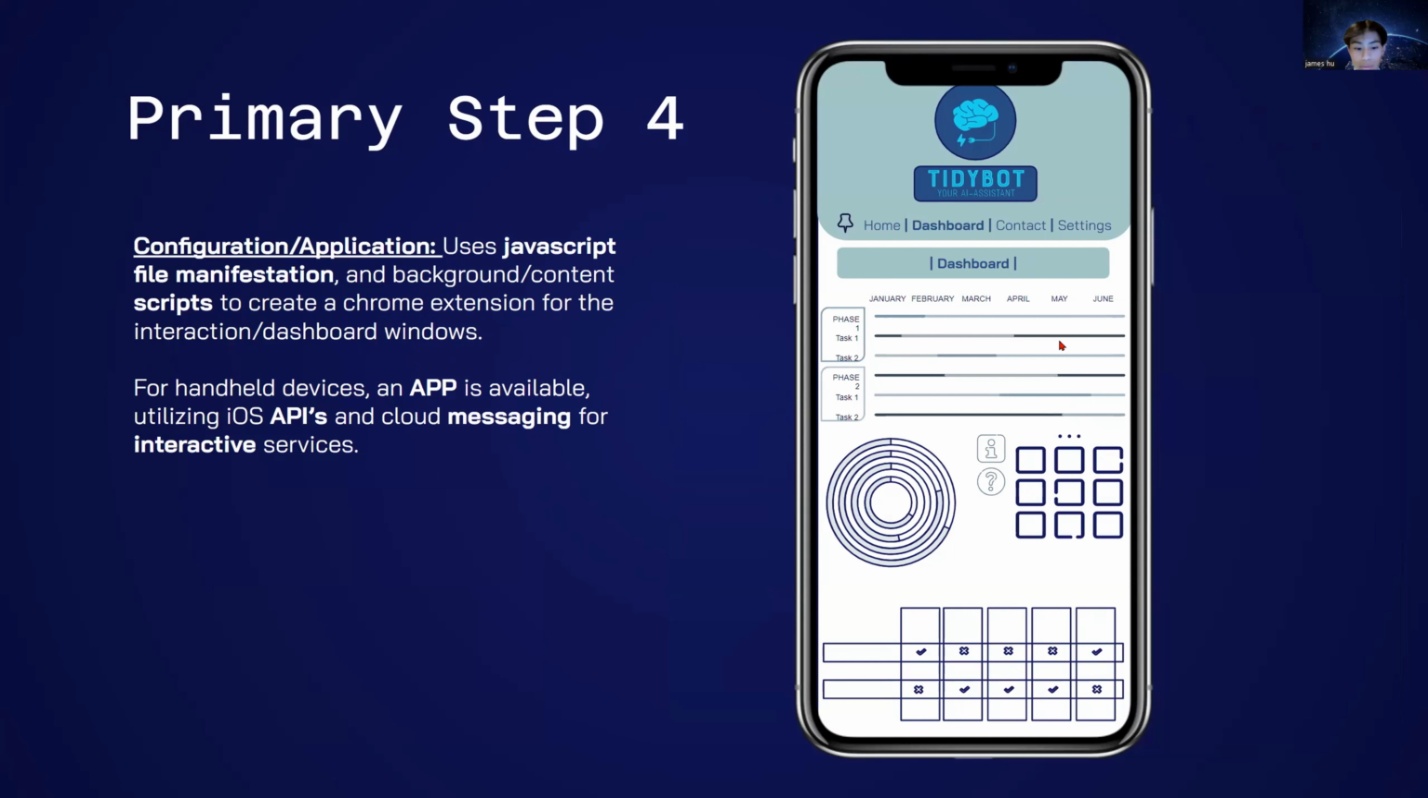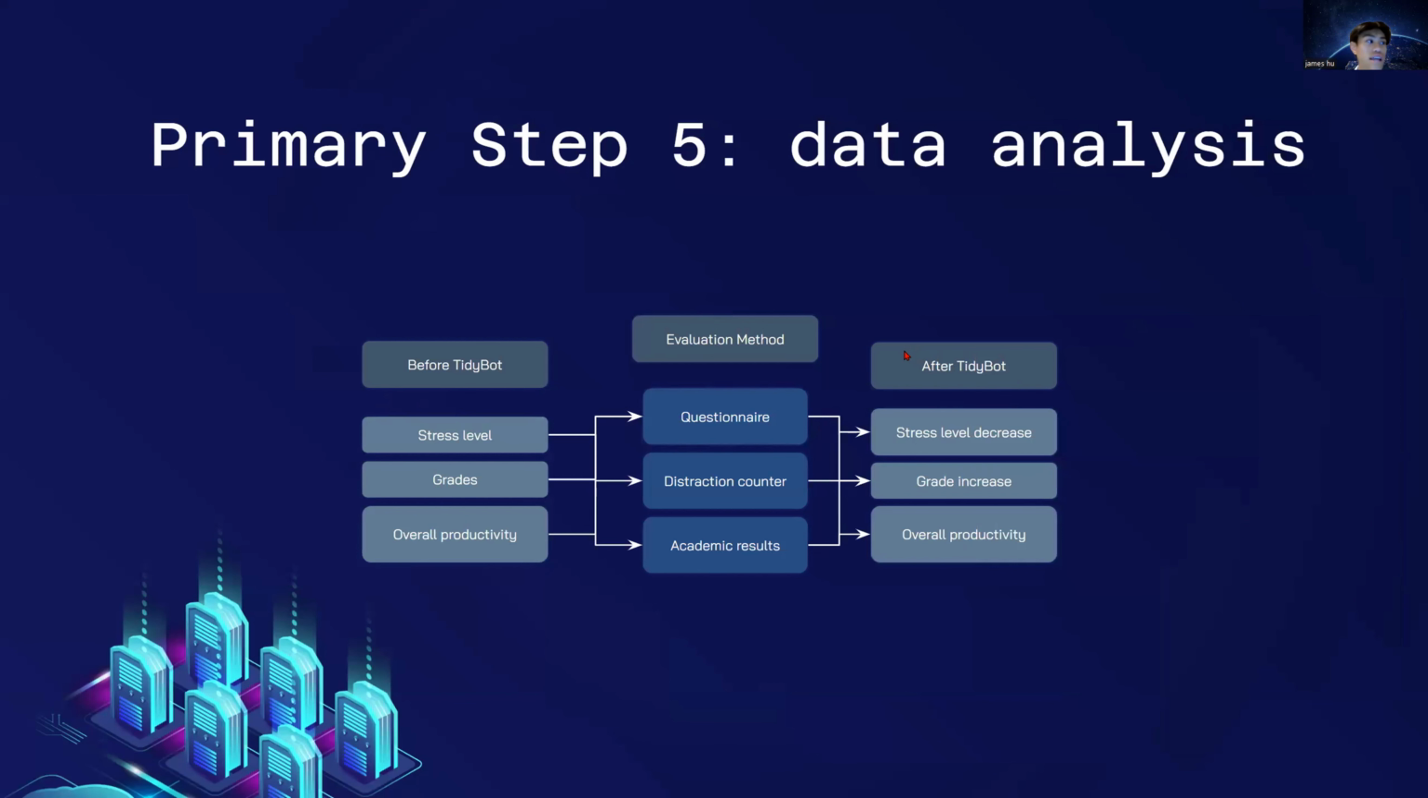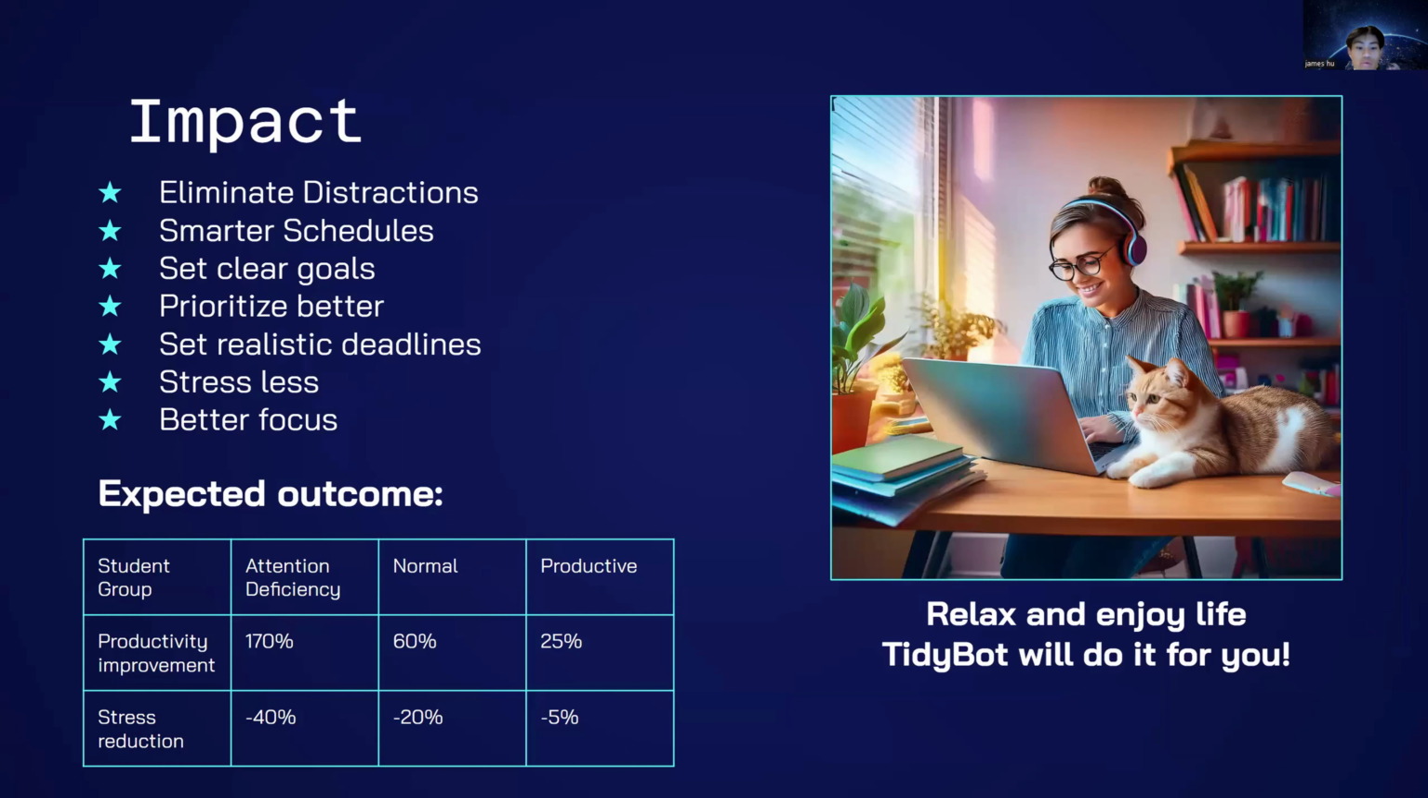And finally, for the data analysis, I'm using 3 primary variables that I need to gauge: stress level, grades, and overall productivity, before TidyBot and after TidyBot, and through the evaluation methods shown here. The impact of TidyBot: it will help students eliminate distractions and prioritize deadlines. Here's the expected outcome of student performance, and you can notice how much of an improvement it is to people